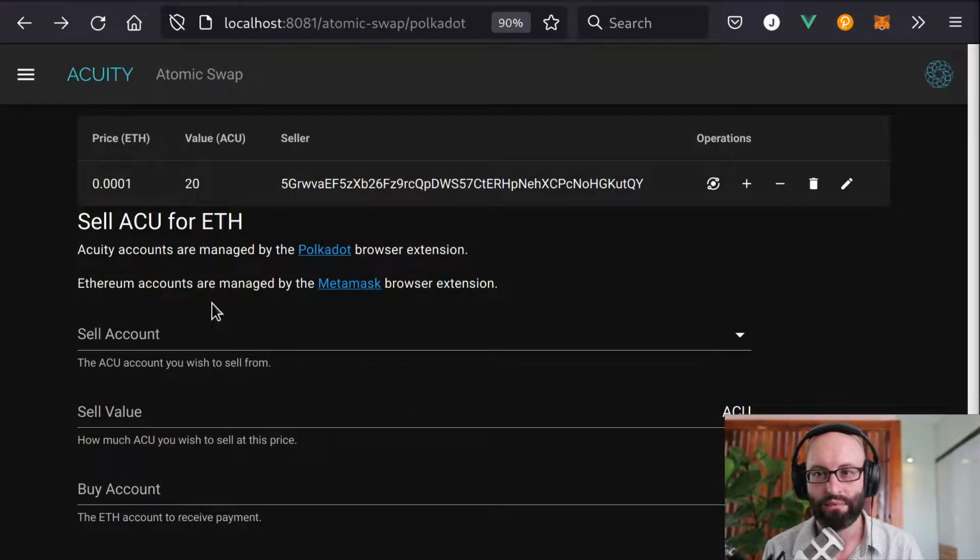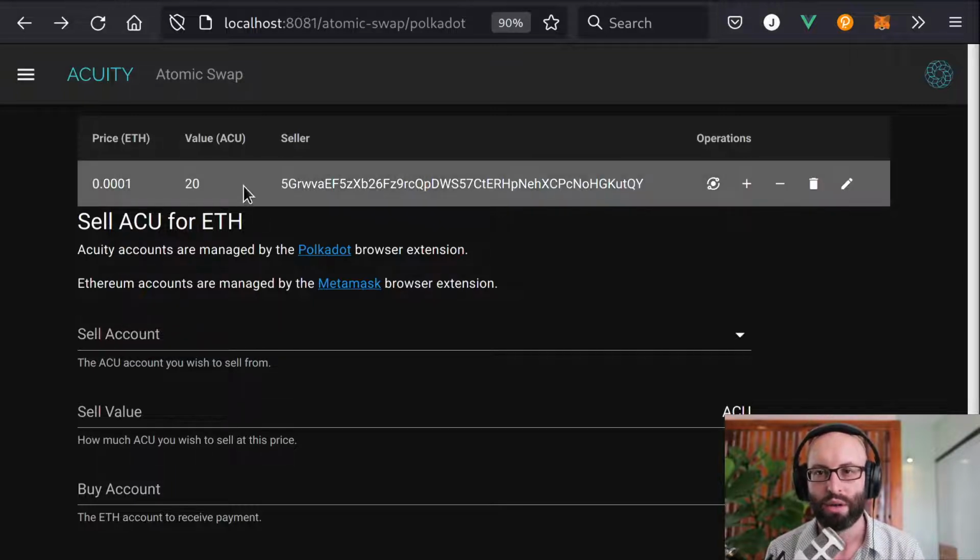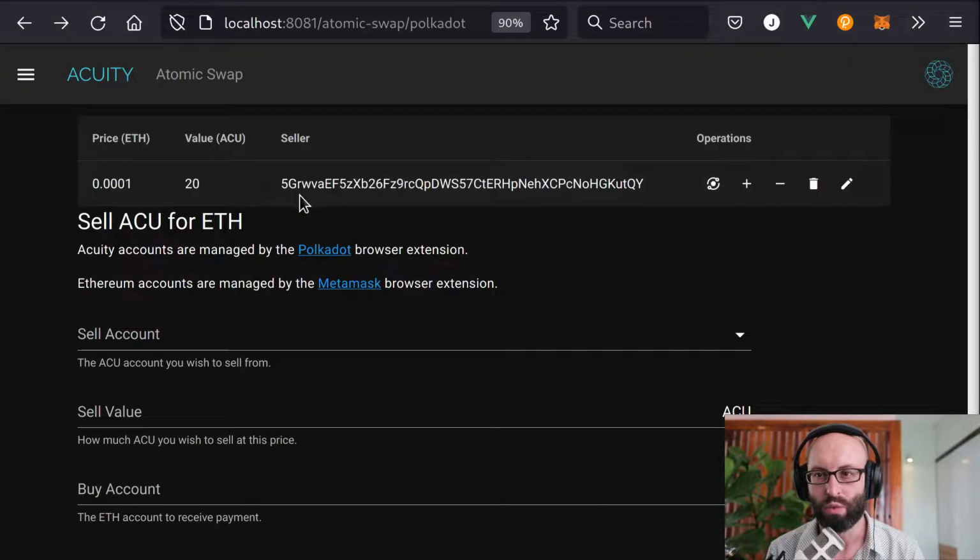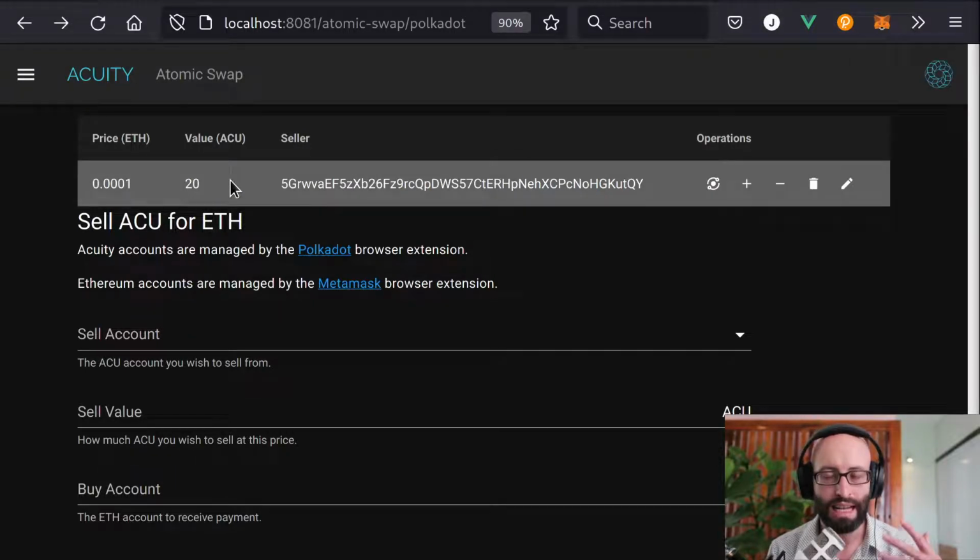Okay, so I'm just going to give you a very short little demo today. This is just showing you the basics of how the upcoming Acuity Atomic Swap Exchange will work. So the exchange will initially be accessed via the acuity.social website. And this is the current create sell order page. So we can see at the moment we already have one sell order, and I'm just going to run you